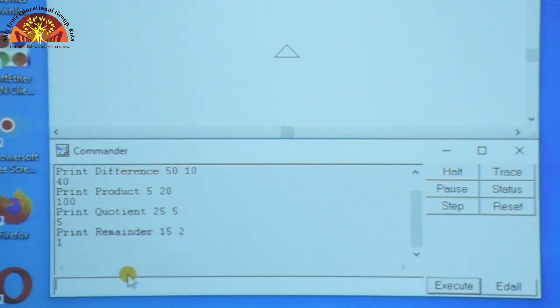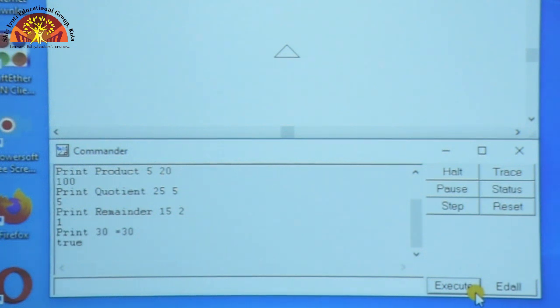Now we will see our next functions, which are the equal to function, less than and greater than function. First, the equal to function. For that, print equal to. Students, we do not have to write "equal to"; we have to write two numbers and put the equal to sign between the numbers. Okay. Print 30 equal to 30 and click on the execute button.